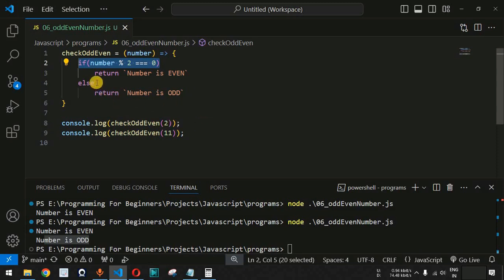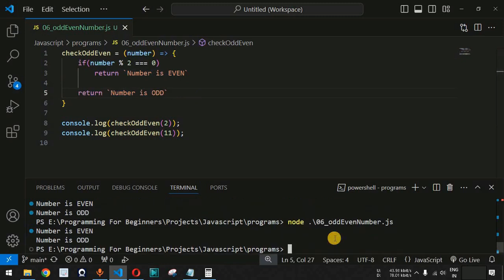Now guys, apart from this, the else statement is not required over here. Even if we remove this else part and simply return that the number is odd, it should still work. So when we save this file and try running this code once again on the terminal, as you can see, we are getting "number is even" and "number is odd"